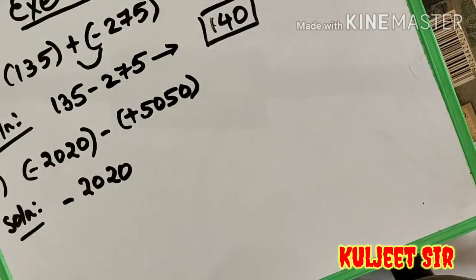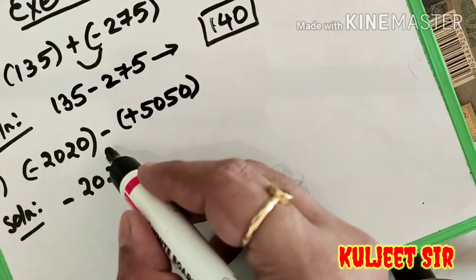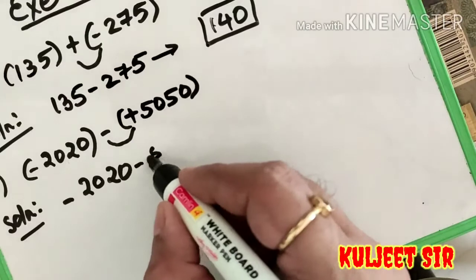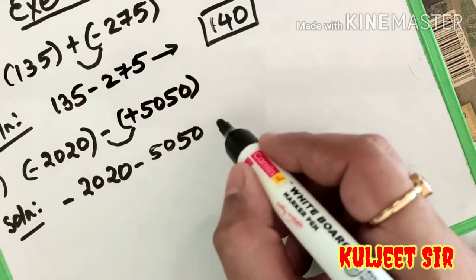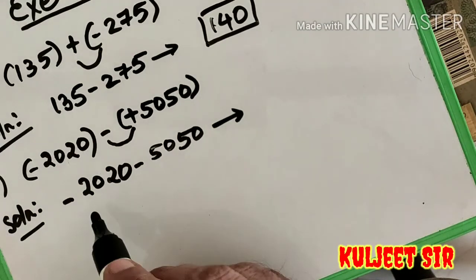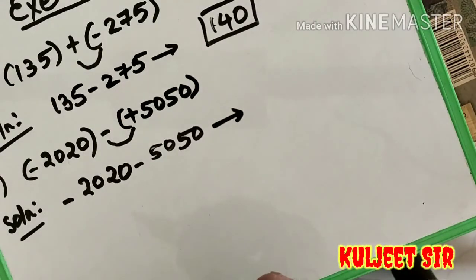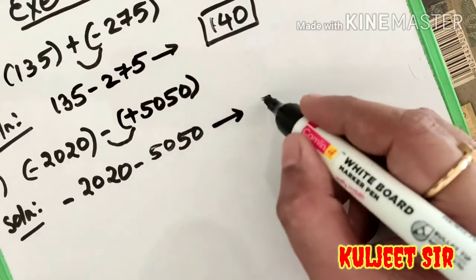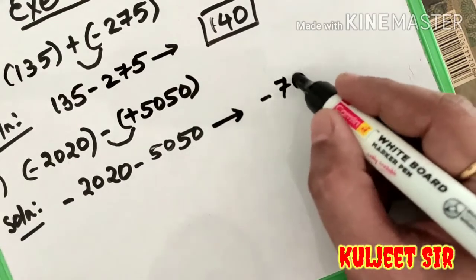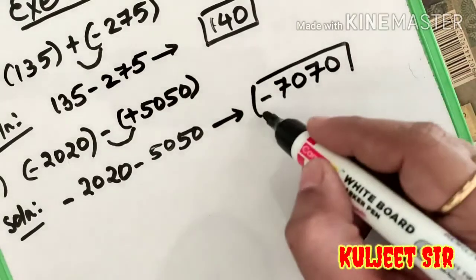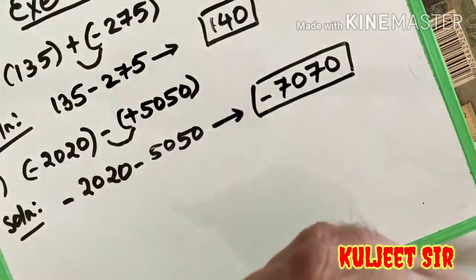But again, as you can see, there is a minus sign here and there is a plus sign here. Minus into plus will make it again minus. So this becomes minus 50. Now you can see both the integers have the minus sign, so I add both the numbers. When I add 20 and 50, I will get my answer as minus, because both the numbers have a minus sign. So my answer will be minus 70. This is my answer number F, 3rd F.